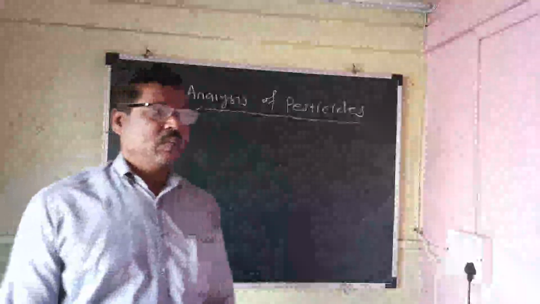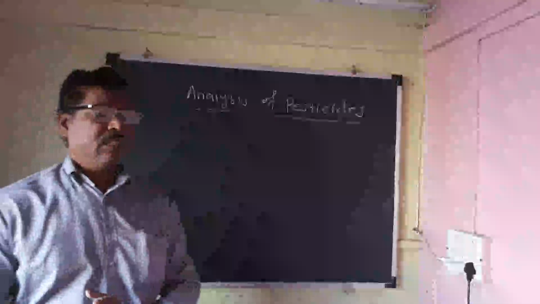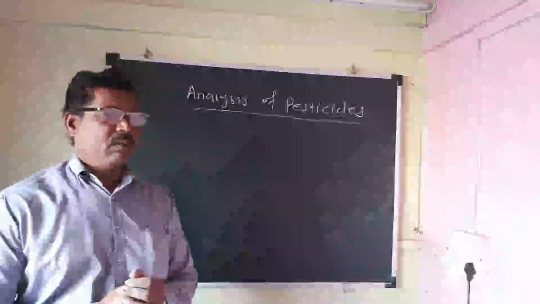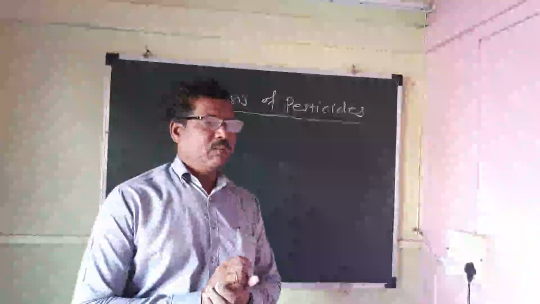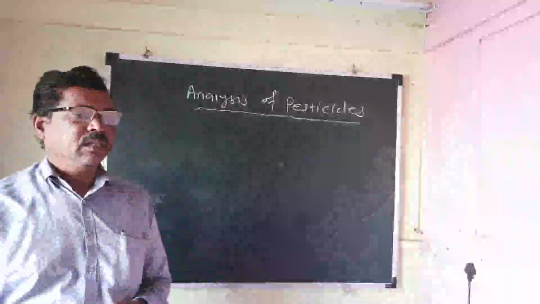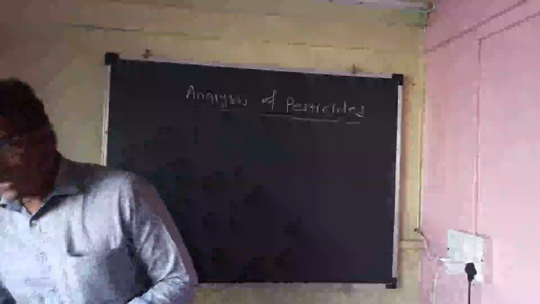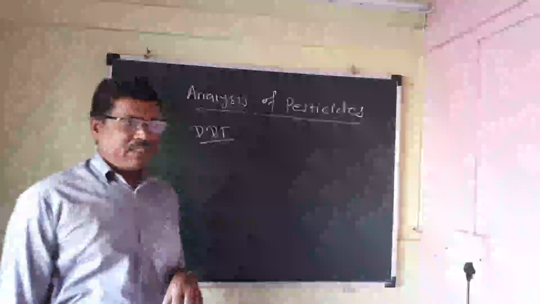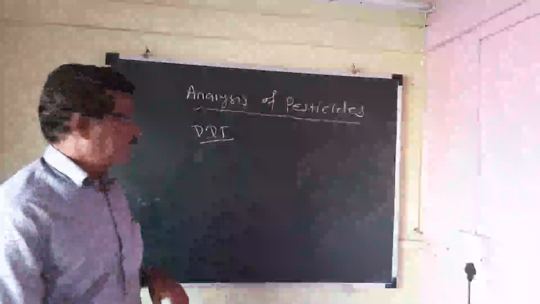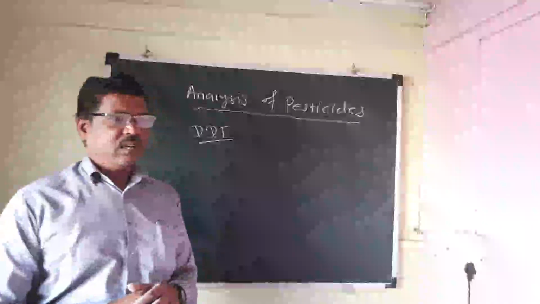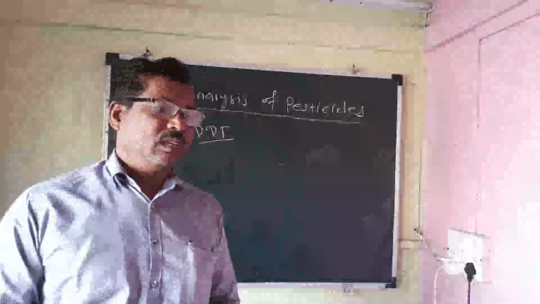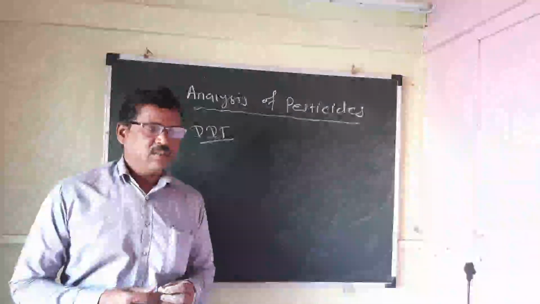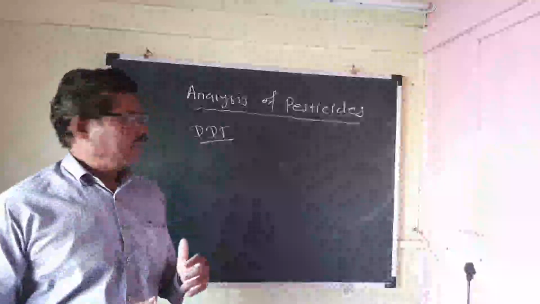Today we are going to discuss the analysis of pesticides: the classification of pesticides, sampling, sample treatment and procedure, and analysis of pesticides like DDT, gamexine, endosulfan, zeram, malathion, thiram, thiametone, simazine and chloridium. These are the pesticides which are used for various